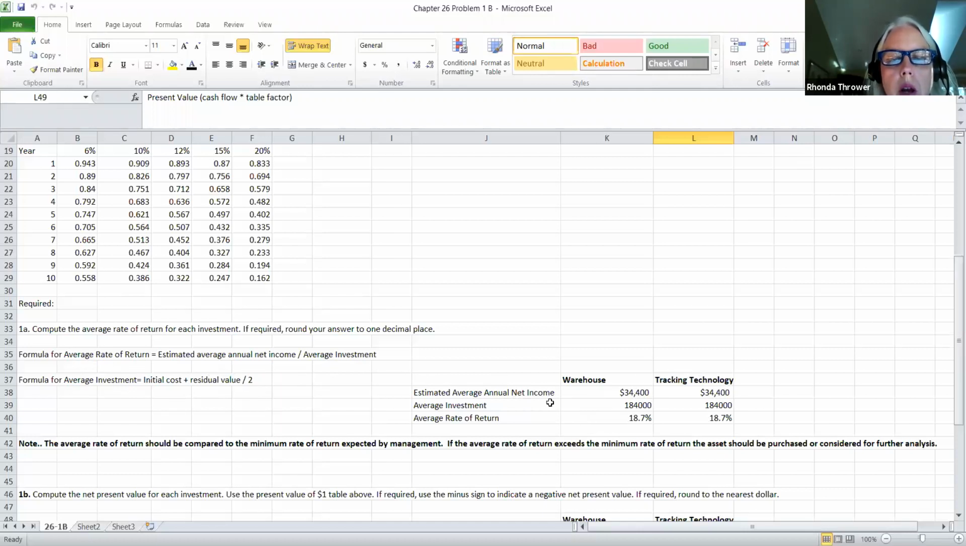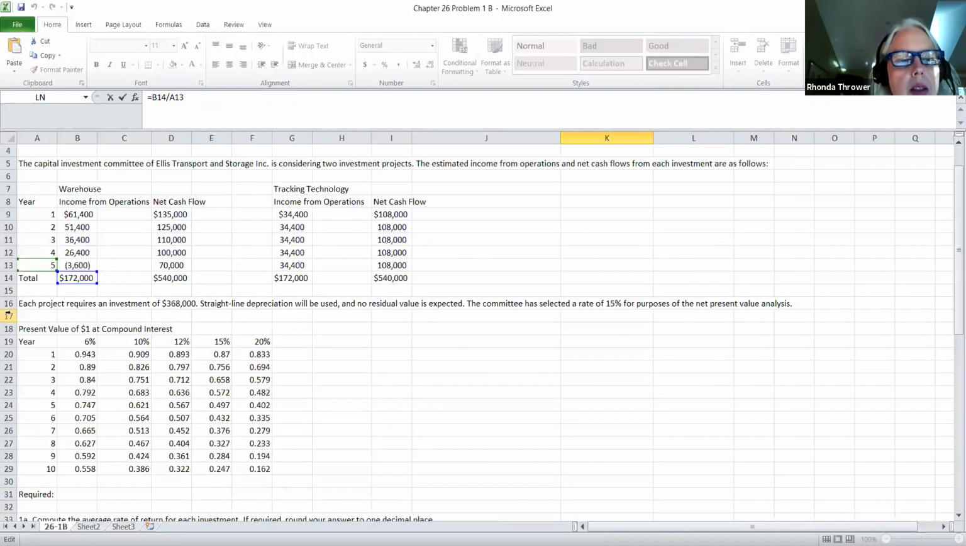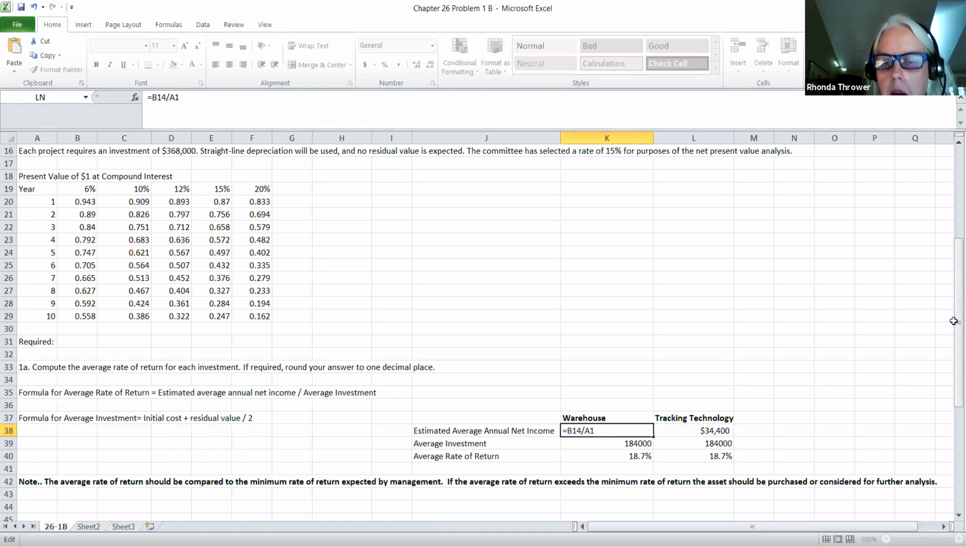investments. So what I've started with is the estimated average annual net income, the numerator in this problem. And I've put the answer right here for warehouse. But how you get that, again, is you're going to take the total amount of the net income for all 5 periods. You're going to combine it together to get 172,000. Then you're going to divide this by 5 years in the life of the asset. So that will give us, for the warehouse,